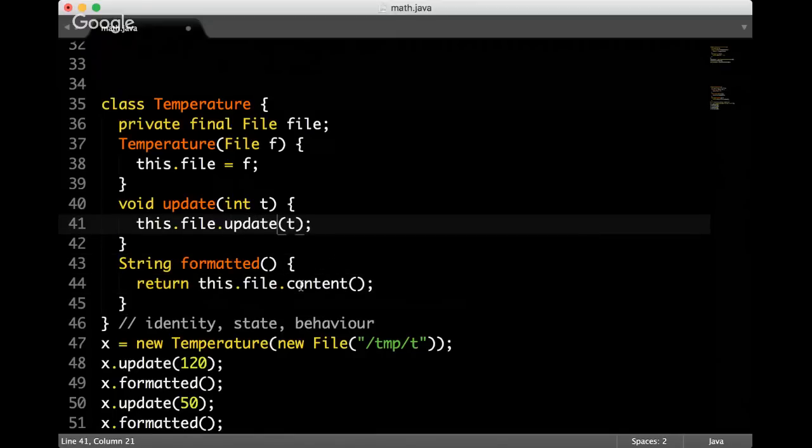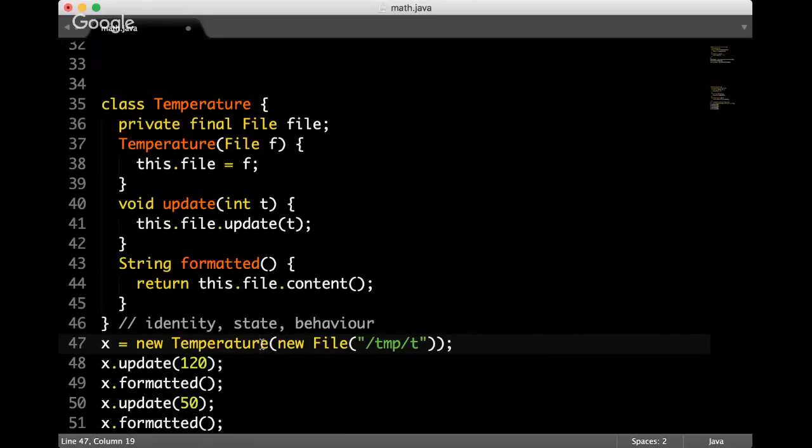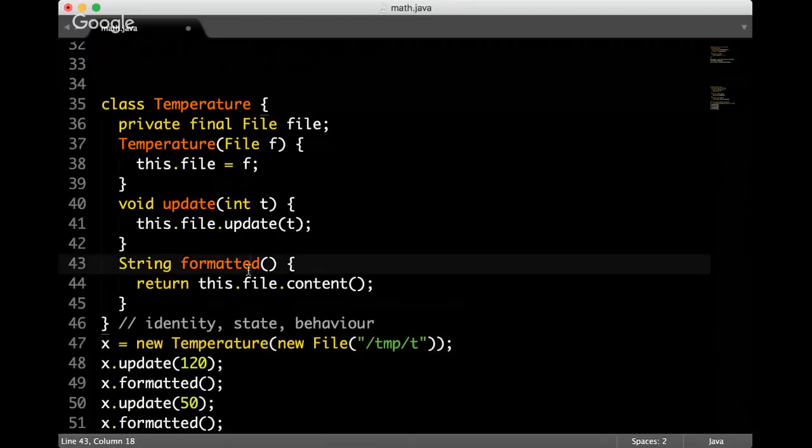That would be perfect. I would love Java if it had that, instead of these utility classes and the utility approach to loading and writing files. So let's say we have that. I as an object, this temperature, don't really know what's there. I just represent the file, and I'm immutable. I never change. I never point to any other files. I don't allow anyone to tell me that I'm working with a different file now. I'm always working with the same file. So I think that this class, this object, is also immutable.